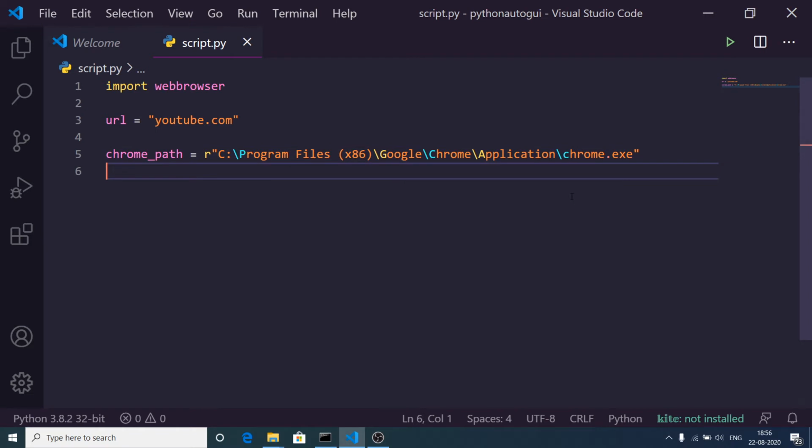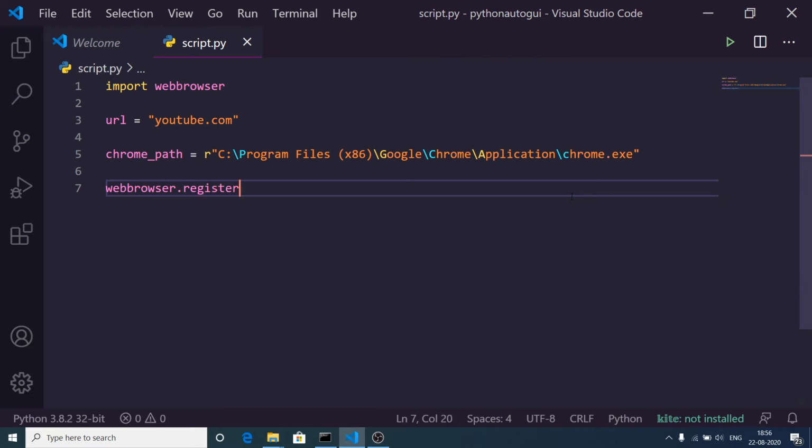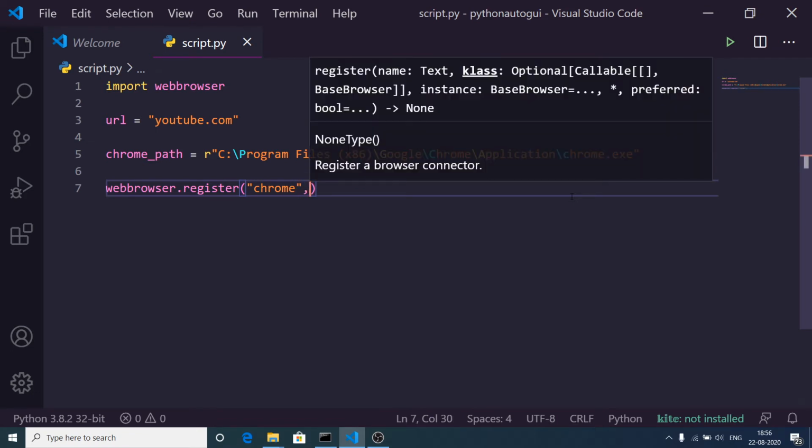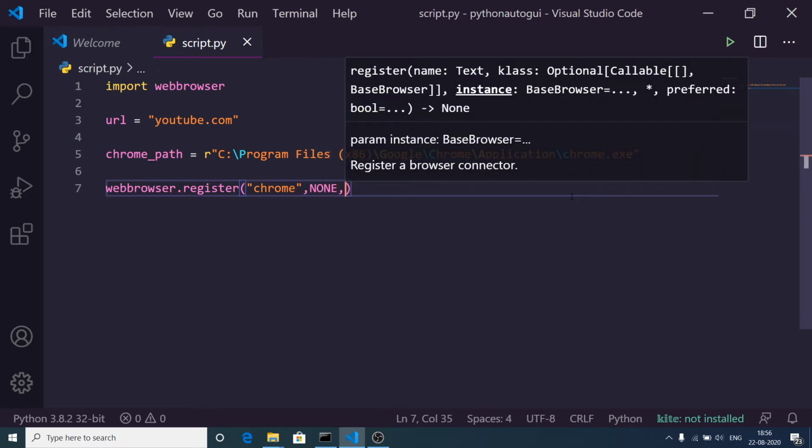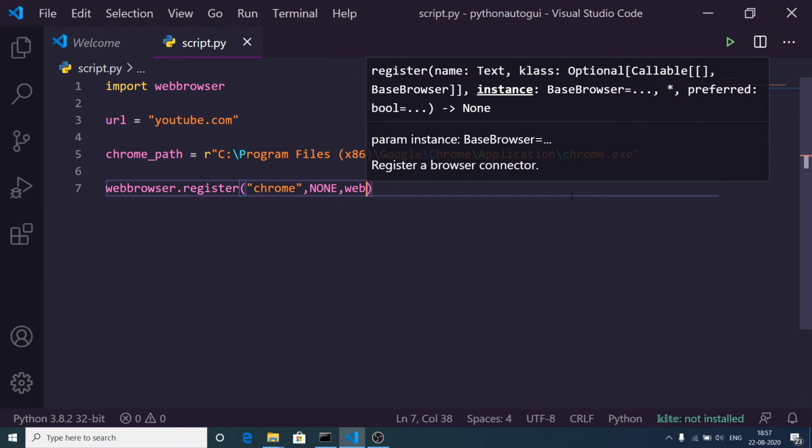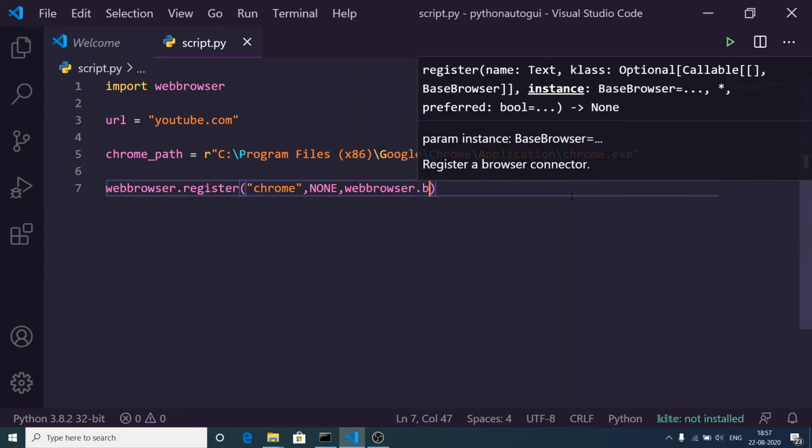Now we are successfully reading this path, and what we want is to use this webbrowser dependency and register it. So we will have this register function, and here we need to pass chrome as the first argument. The second argument we need to pass is None, and the third argument is webbrowser.BackgroundBrowser.